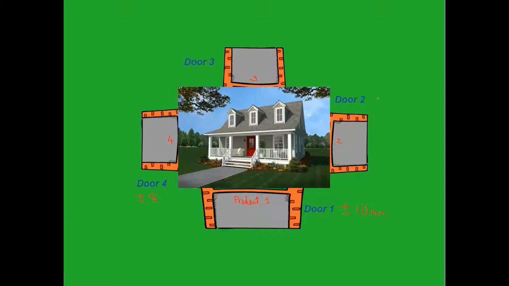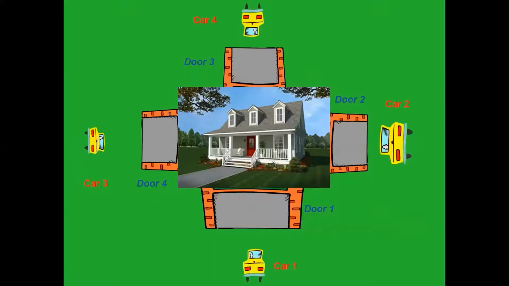Remember in the previous video, we said that based on the tolerance of the product, you are able to derive the product specifications. And door 3 apparently is the smallest. So these are the doors, or products. How to make these products? The products need to be made by machines and men. All right, so the plus minus 10, plus minus 5, plus minus 2, and plus minus 8 are the so-called voice of customer. So the product needs to be made by